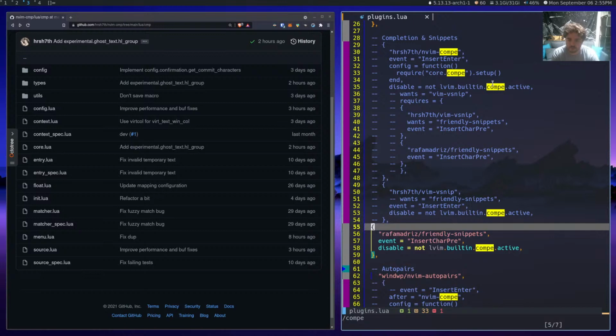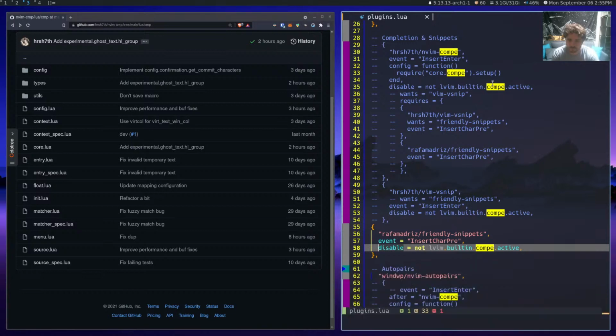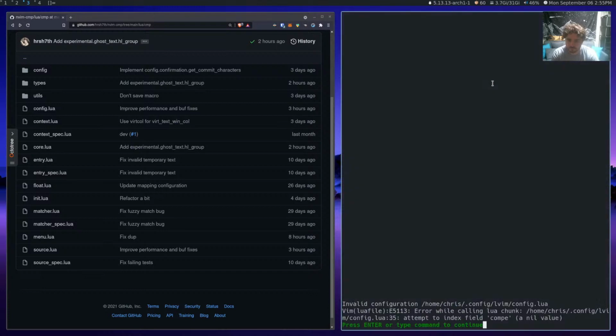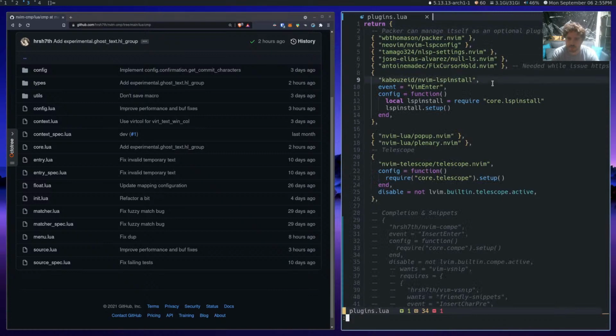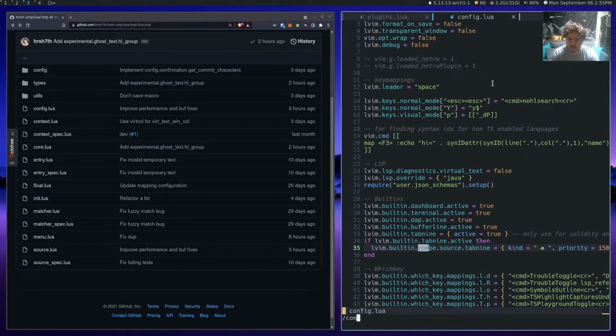There we go. Okay, it's friendly snippets. And then in config lvim, okay, I have a Compe in my, that's fine. So if we go like this, we jump to here, we look for Compe. Okay, that's me adding tab 9.